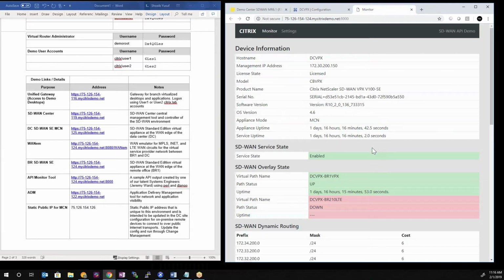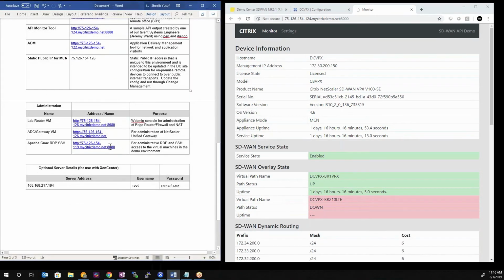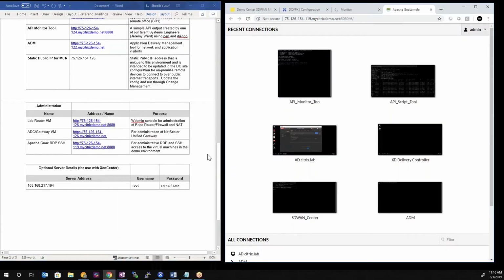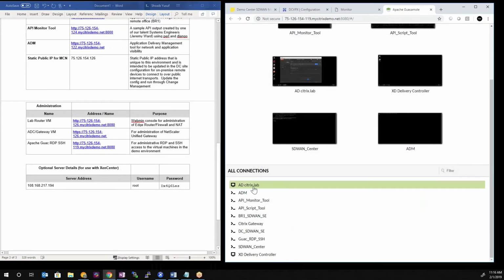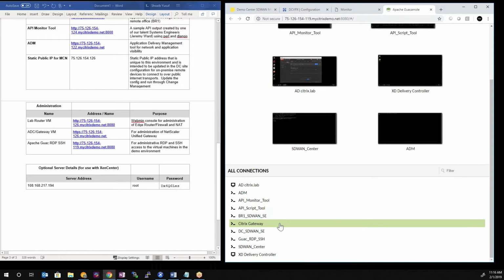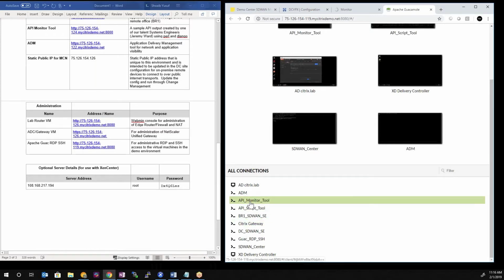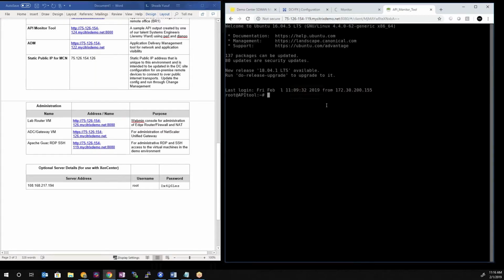Okay, so that was a quick demonstration of the tool's capabilities, and I'll now get into the details of the script that Jeremy created. In your SD-WAN environment, you do have access to Apache Guac, which gives you SSH and RDP access to any of the VMs that we have in the lab environment. You can then select the API monitor tool, which is where this server was created,